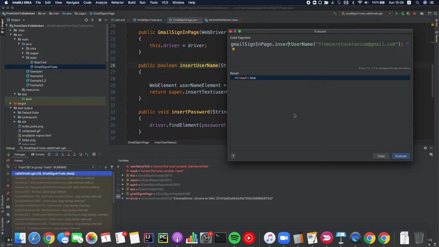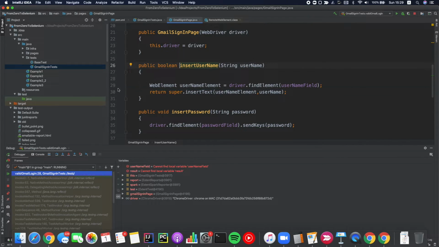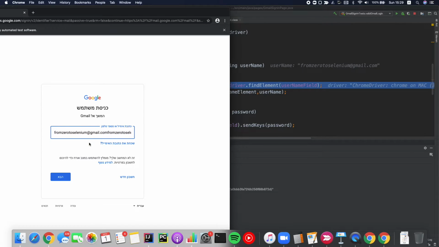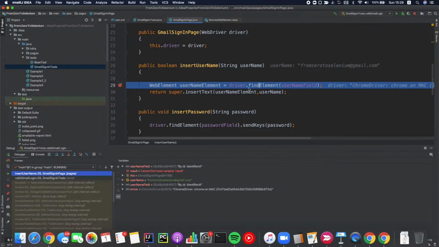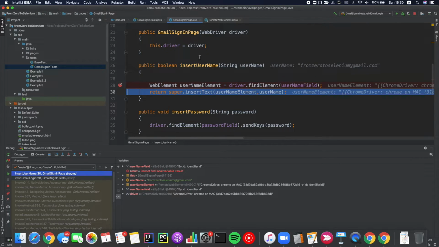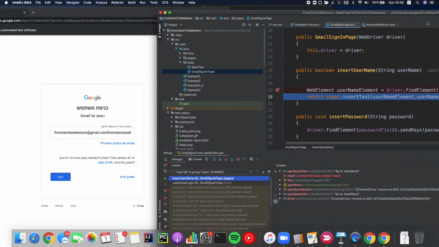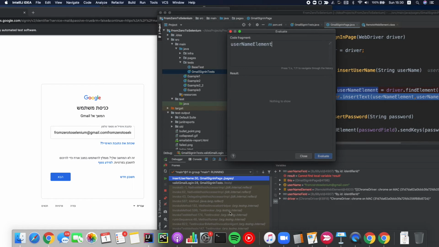So how can I get out of this? Let's go to this method. I will put a breakpoint here. And just as a reminder, you can see the screen has two of these. So here I can see that this web element would be defined. So it was defined. You can see here it's still like this. And what I can do is to get this variable that was defined here, to click on it, evaluate expression,